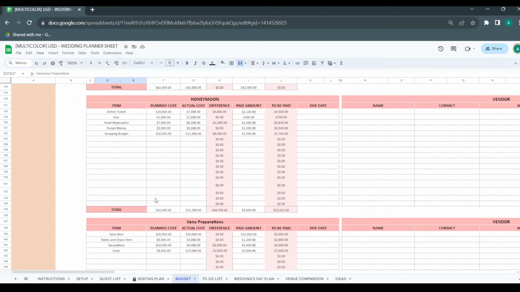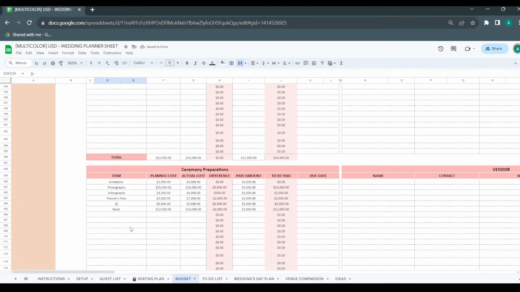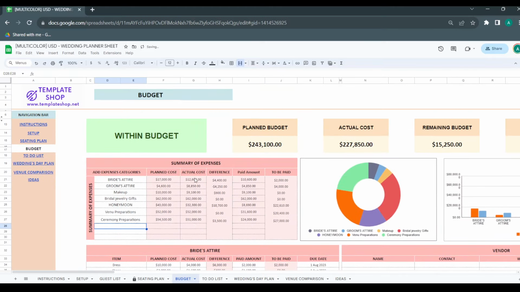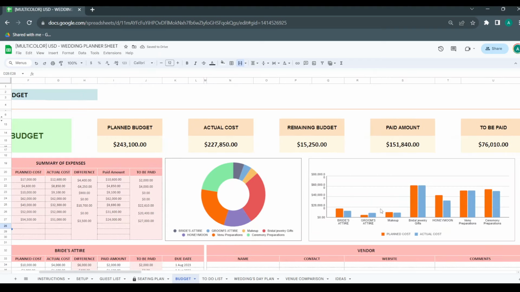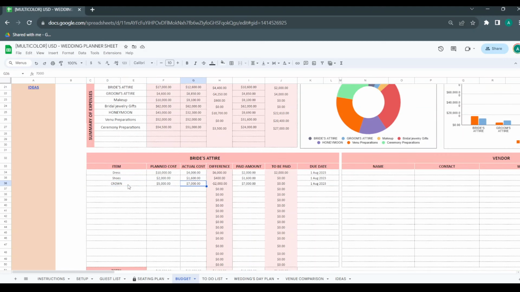So for example here, if I add, for example, romantic dinner, it's going to populate here automatically. So then there is nothing to write here. You'll find interesting graphs here you can look into, and then you list here the items that you need to list in your categories, and the planned cost for each item, the actual cost, the paid amount if you pay a deposit or something, and here it will calculate the amount to be paid later,